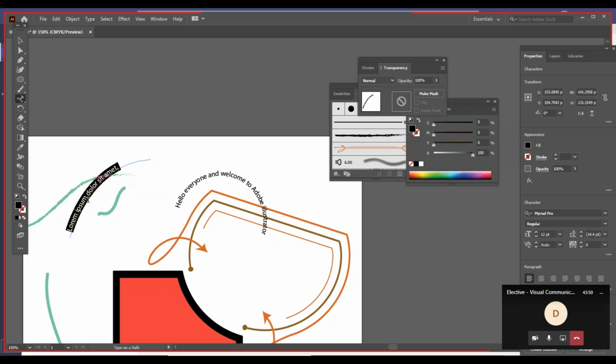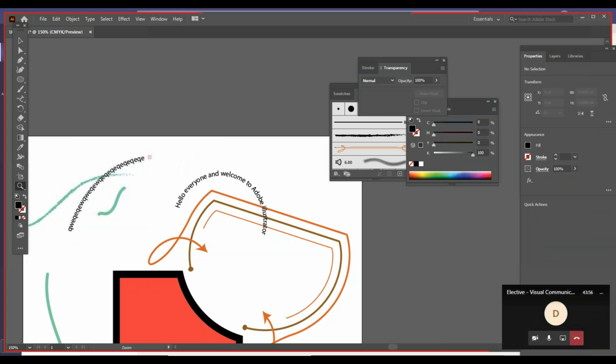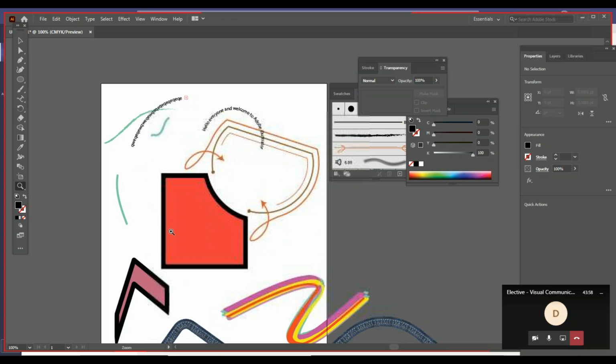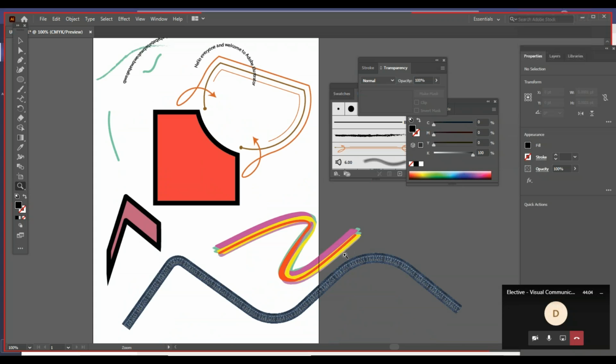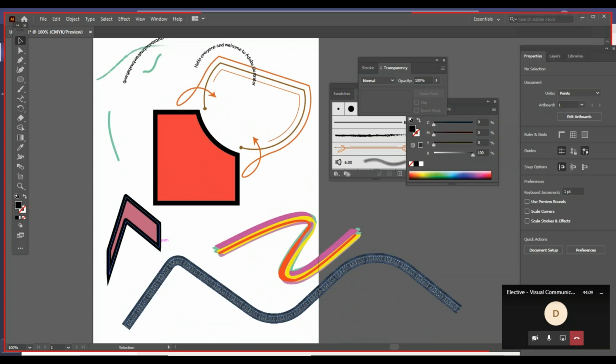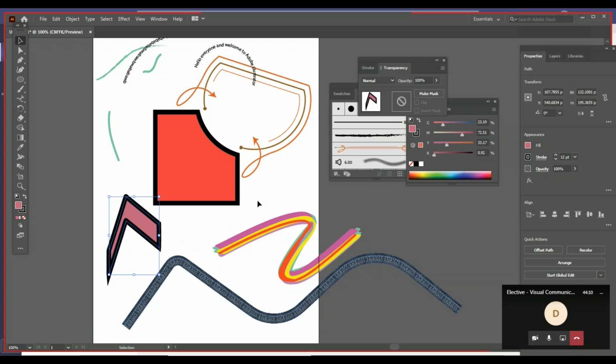You can type the same thing. You can type anything over here in that direction. So if you are presenting something with Illustrator, you will come up with a lot of creative options where you can twist and tweak and create so many different things. See, even after creating this thing